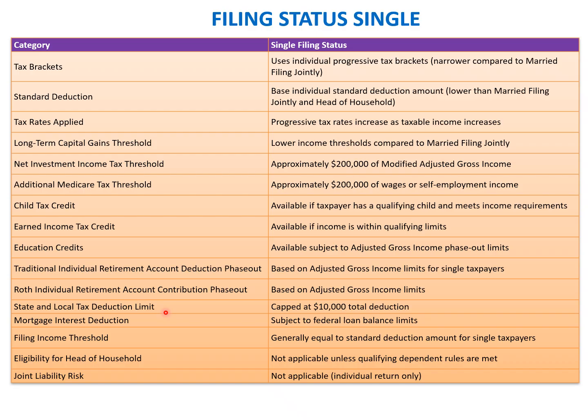If the filing status is single, then the benefits would be on the lower side. But the moment the filing status moves to married filing jointly and then head of household, they have better applicable limits. And we are going to touch base on all these categories. What is the meaning of child tax credit, earned income tax credit, education credit, traditional individual retirement? We'll talk about all this in the next chapter when we discuss the total computation of